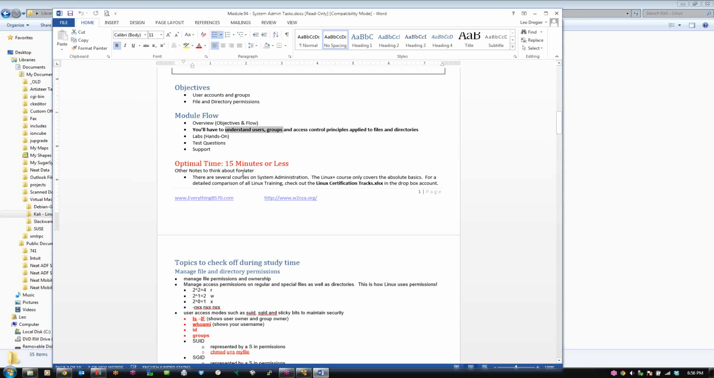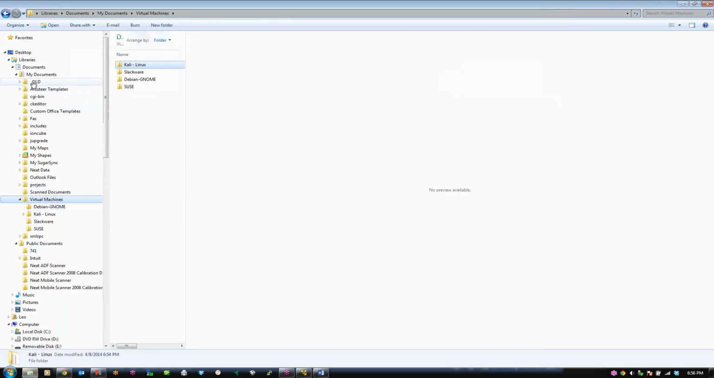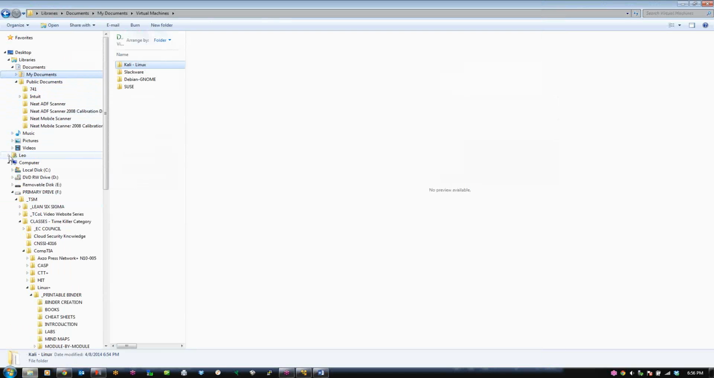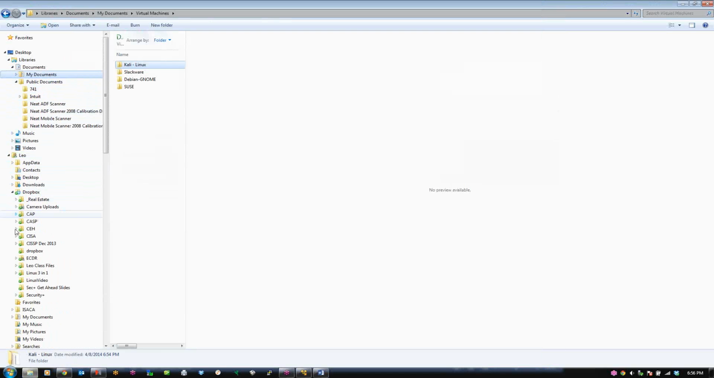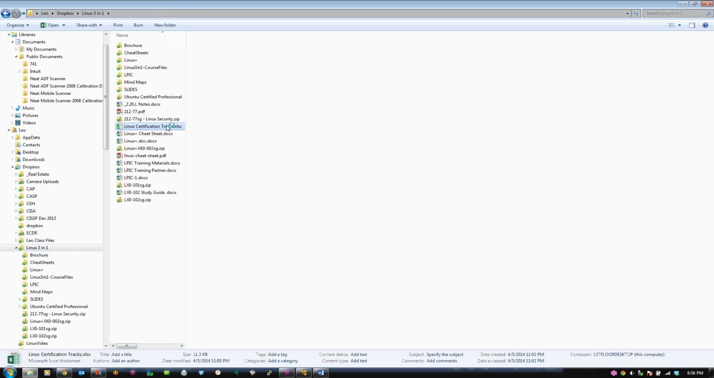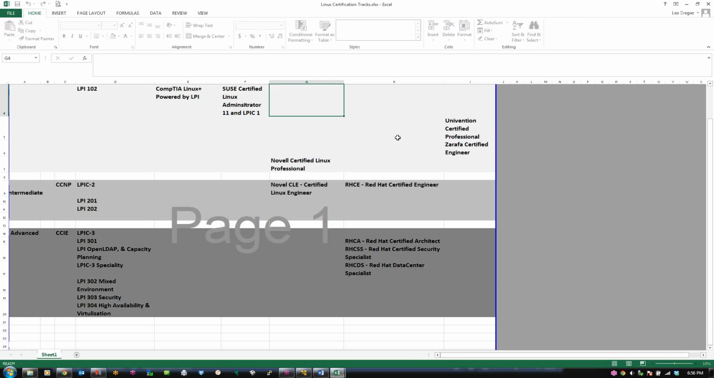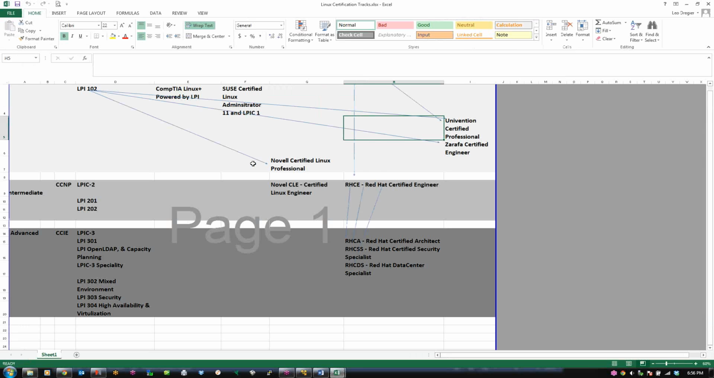That's still loading. And then the Linux certification tracks. I also wanted to show you guys this. So let's try to grab that. See, this is how it's supposed to work, guys. All right, so what I did